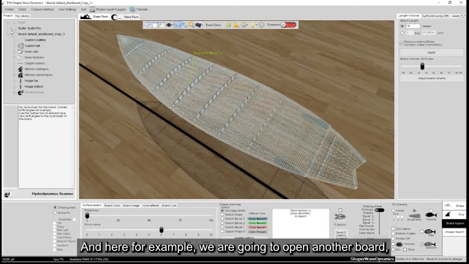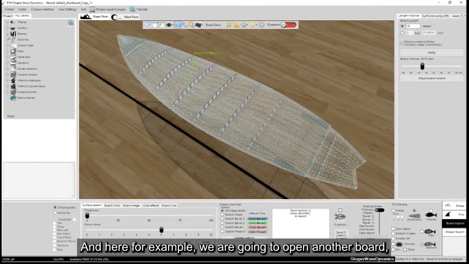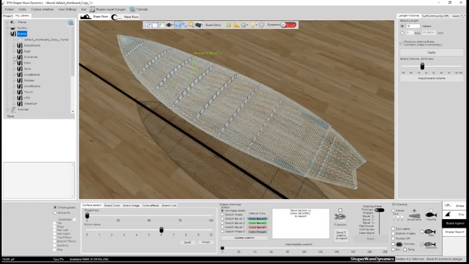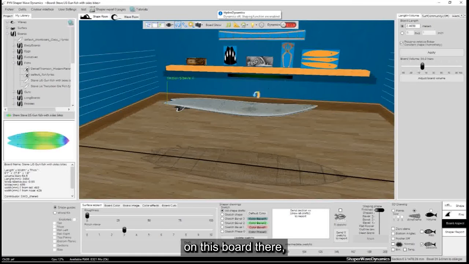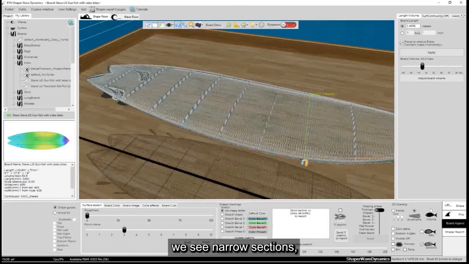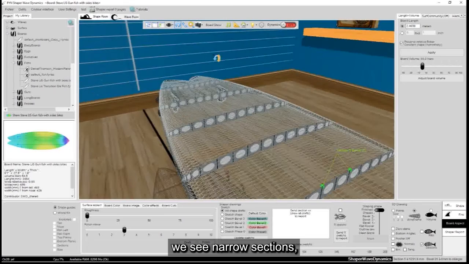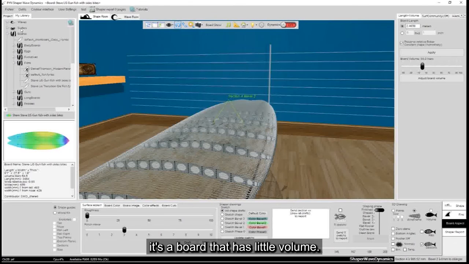And here, for example, we are going to open another board. A fish, like that. On this board there, we see narrow sections. It's a board that has little volume.